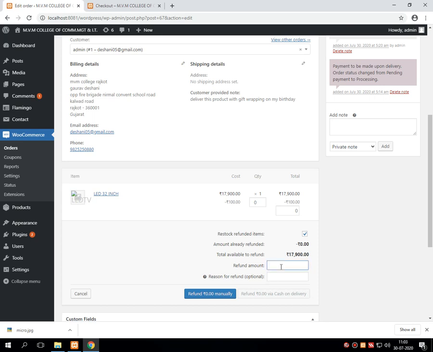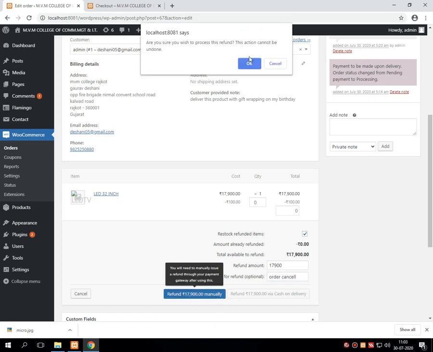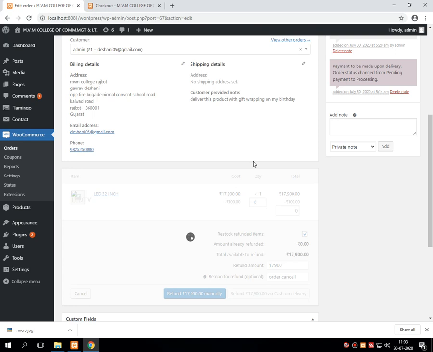Then in refund, I am writing the refund amount and the reason for refund, that is order cancel, and pressing this particular button for the refund.